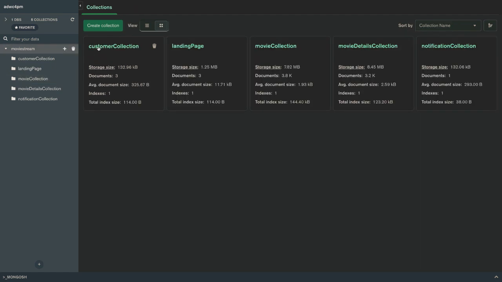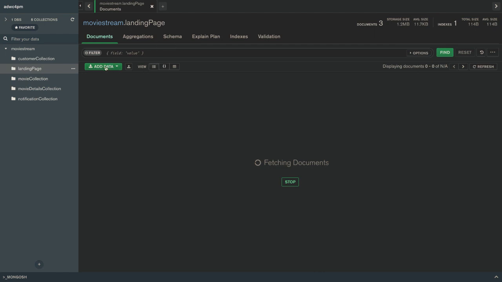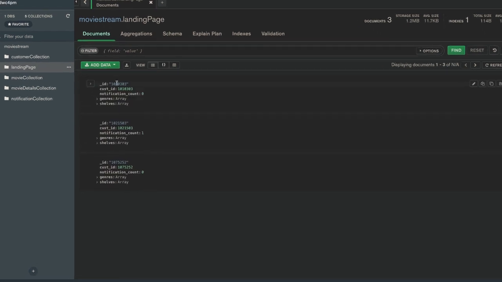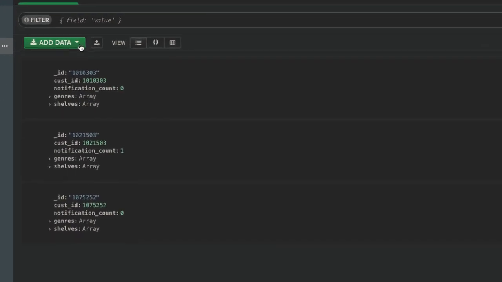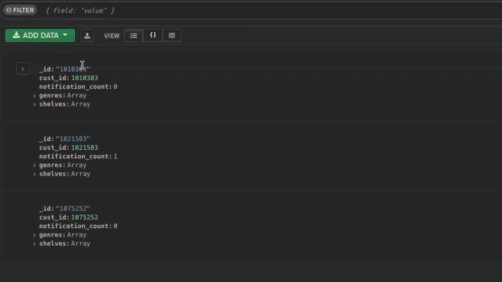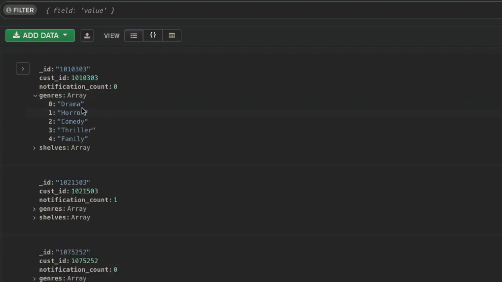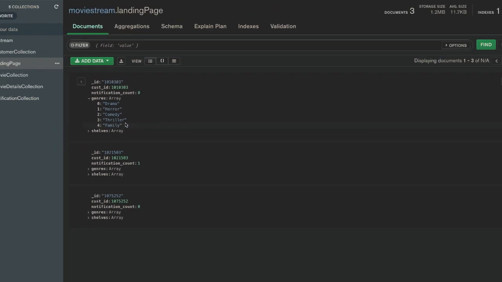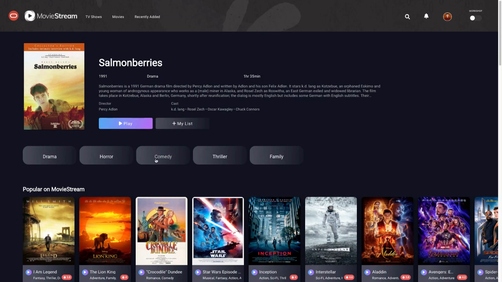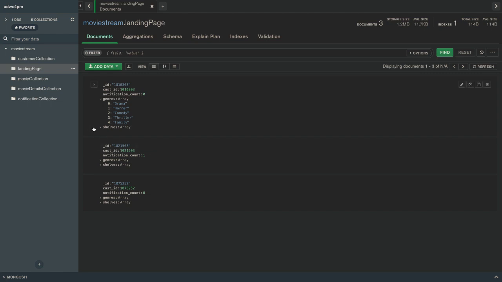And within that database, we have numerous collections, a customer collection, the landing page, etc. Now, if I go into landing pages, I can see this is basically the key lookup where I passed in a customer ID. And when I passed in that customer ID, what do I see? Well, the array of genres